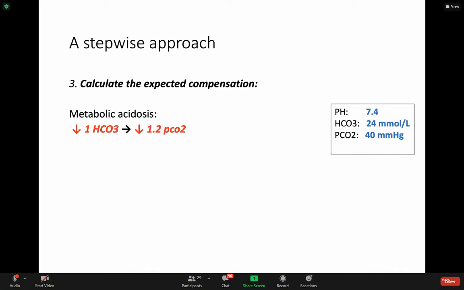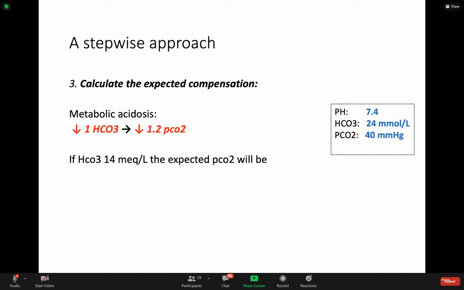So in metabolic acidosis احنا قلنا ان البايكارب will go down, then the PCO2 will go down. لكن compensation 1 إلى 1.2. يعني إذا كان البايكارب is down by 10 points. كم البايكارب normally 24. لو كان البايكارب 14 يعني نزل by 10 points. المفروض ال PCO2 ينزل by